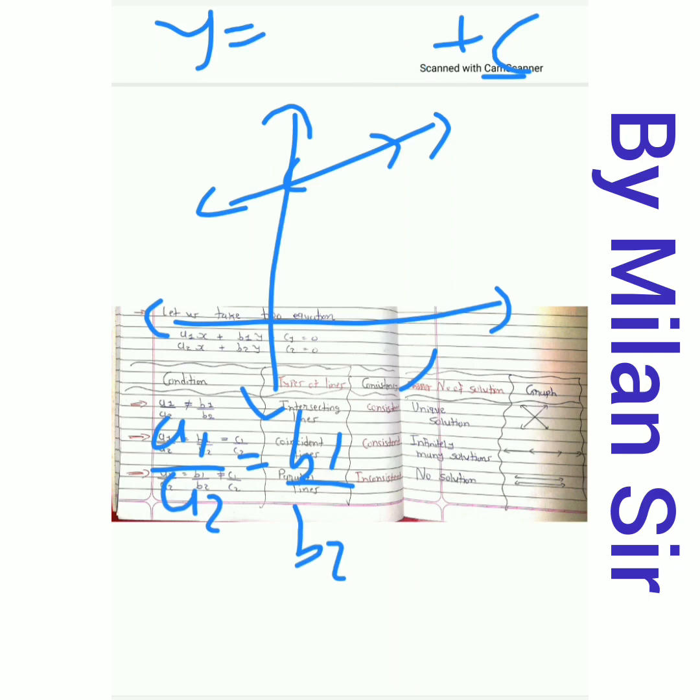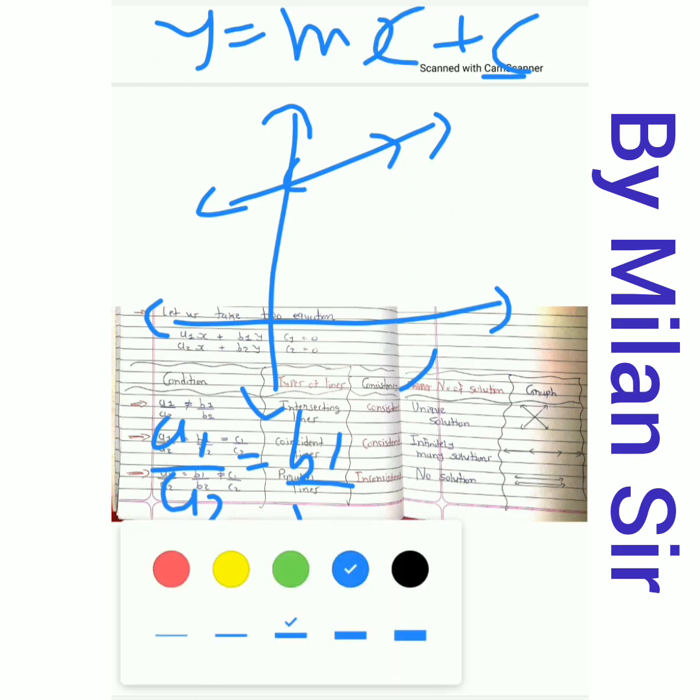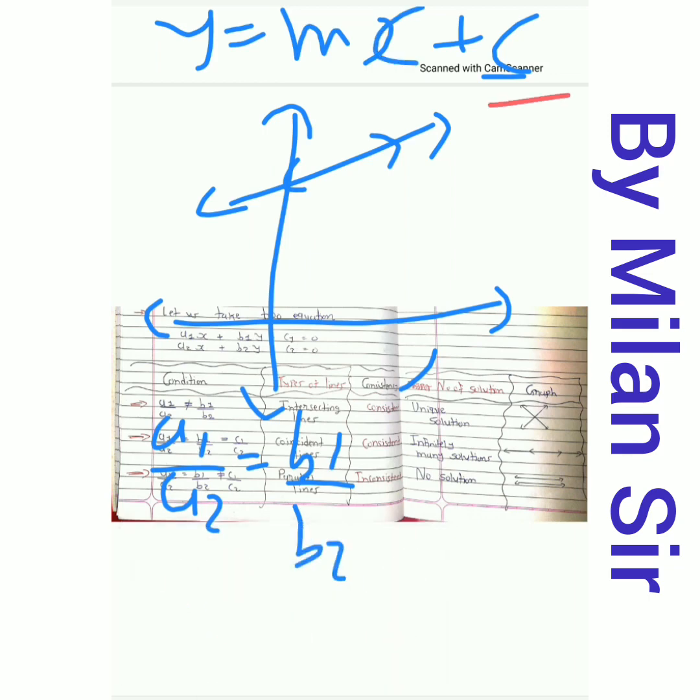Here m represents the slope and c represents the intercept with the axis. That means if you draw the graph, then this is your intercept c, meaning the distance of this point from the origin, right? If your straight line does not pass through the origin, then it is either in the upward direction or the downward direction. So this is the vertical distance between the straight line and the origin. This is represented by the intercept c.